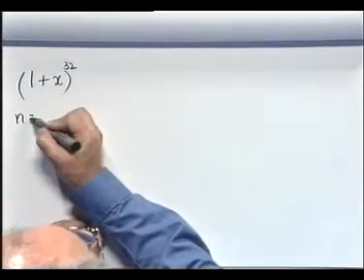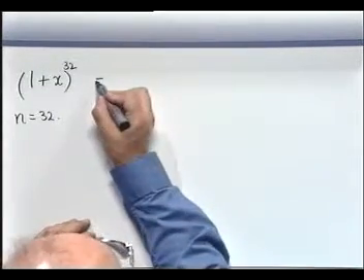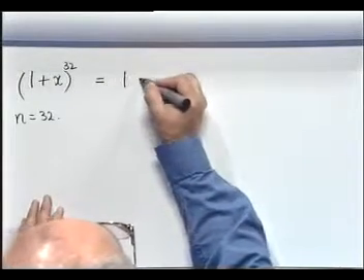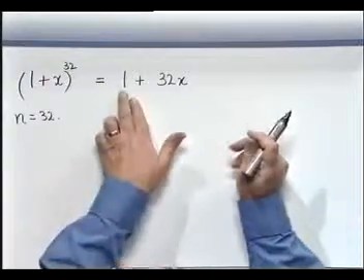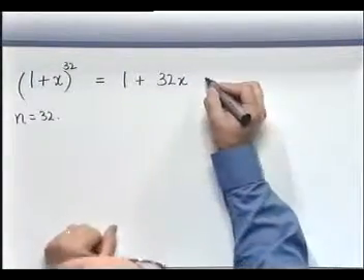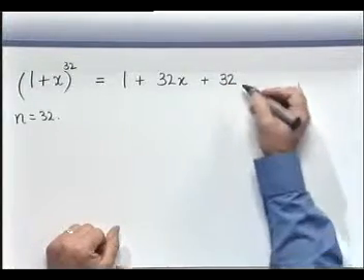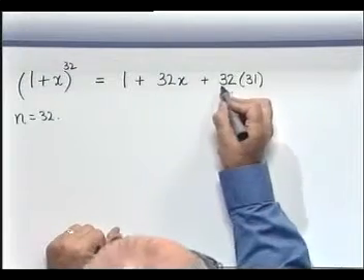What I'm going to do is write down the first 3 terms of the series using the binomial theorem. I'm going to use it with n being equal to 32. So we're putting n is 32 in the theorem. We'll get 1 plus 32x, that's the 1 plus the nx. We want n, which is 32, n minus 1, which will be 31, all over 2 factorial